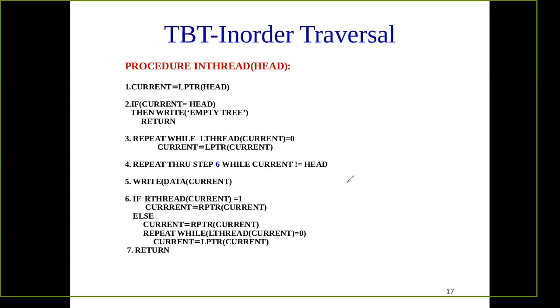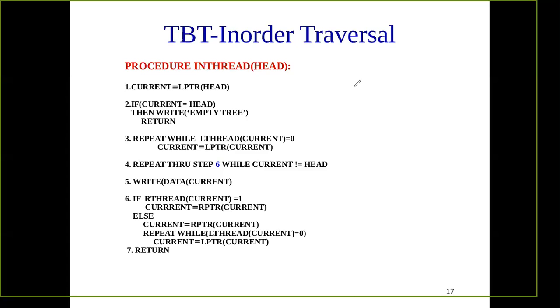If it is not the thread, if it is the original link, then once B is printed, now this is the right side that is to be printed, left side is nothing here. So root will be printed and then we are going to the right side, as in the in order traversal. So if it is not the thread, simply follow this one. So go to this part, and then leftmost, so at this part, and the same algorithm will continue. This is the special case normally that is considered here.